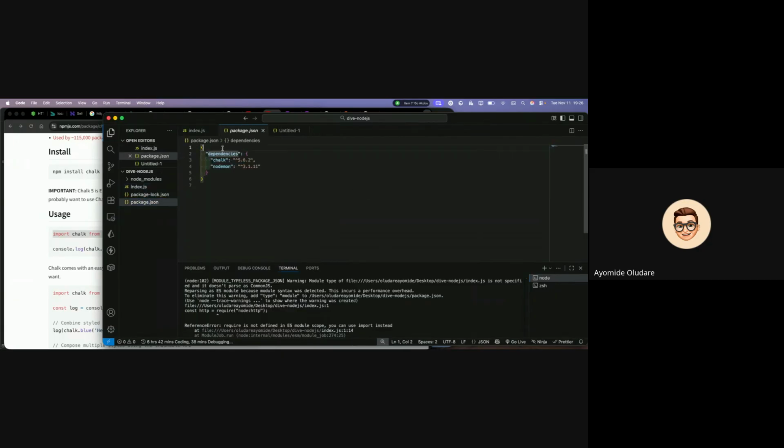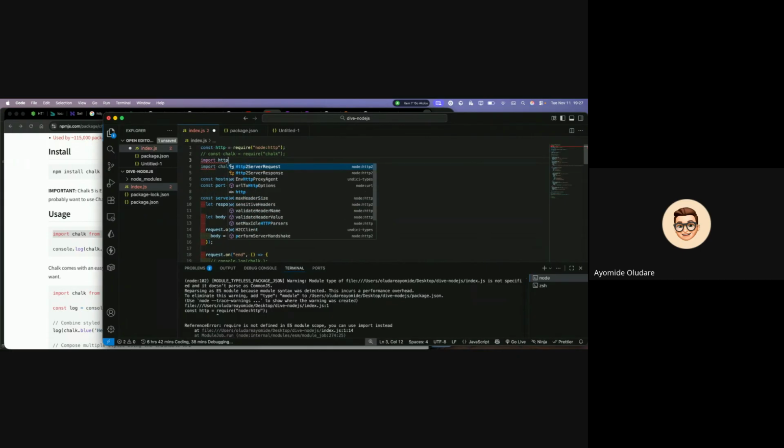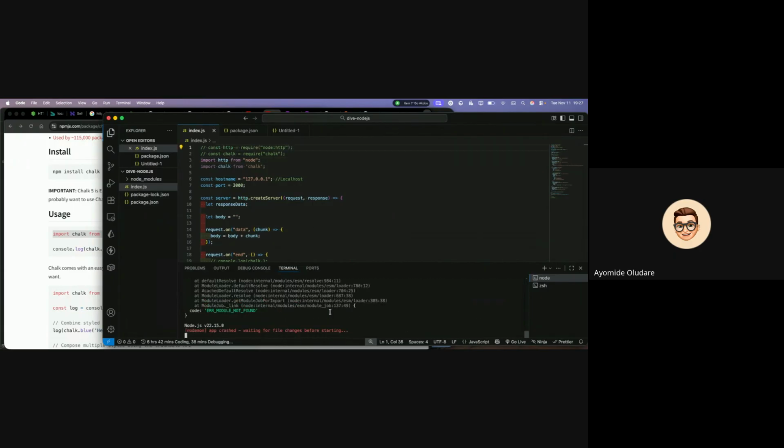This is a JSON file. We want to add an attribute called type set to module. This is telling this application that everything we'll be doing will be based on modules. We are importing this from this module, importing that from this module, right? We install this package, which we can also call a module, and we are importing Chalk from this module. So what we can also do is to also say import http from, I think, node, if I'm correct. And